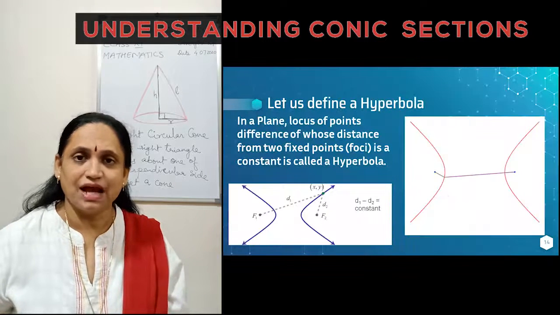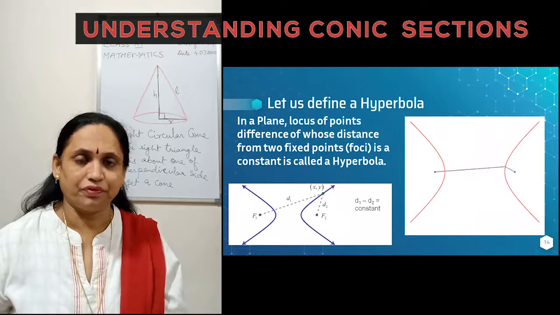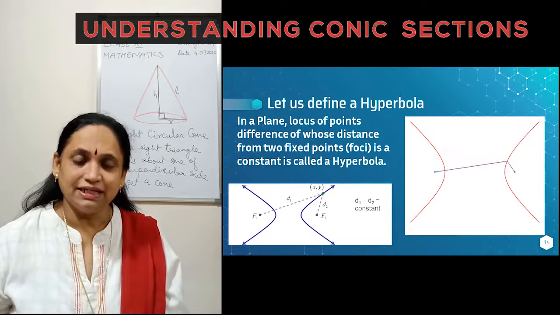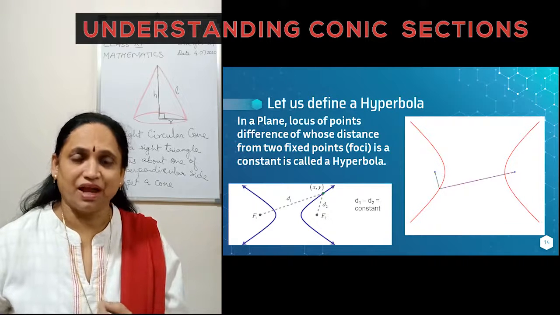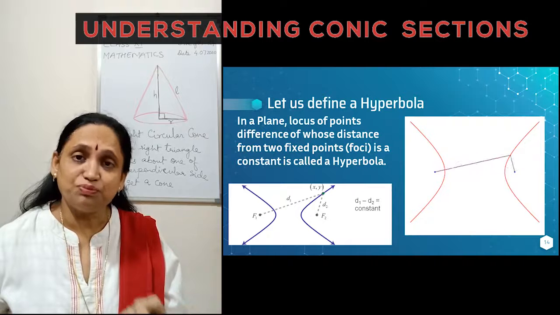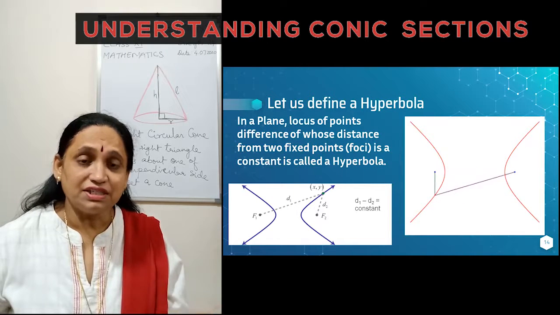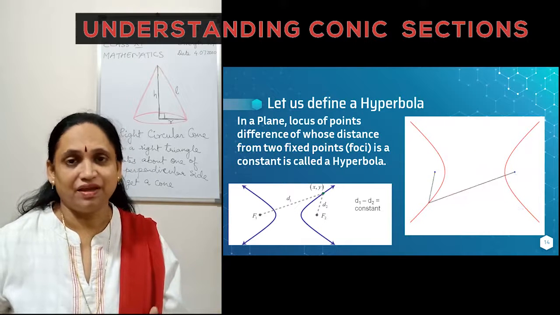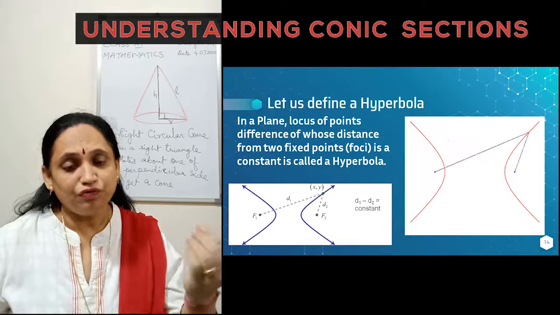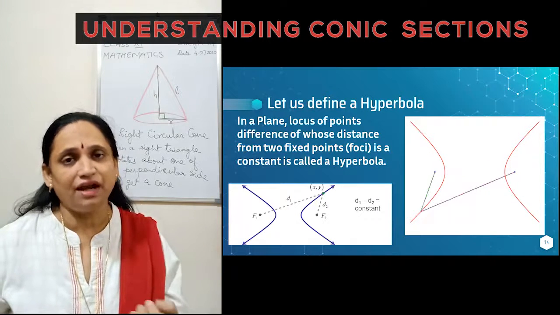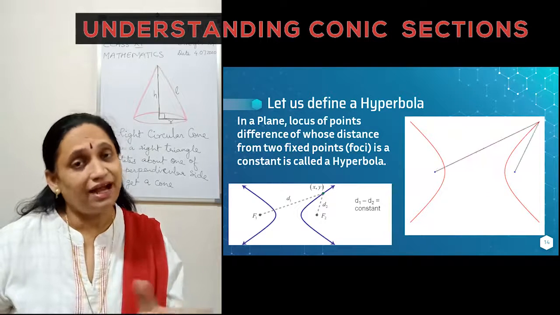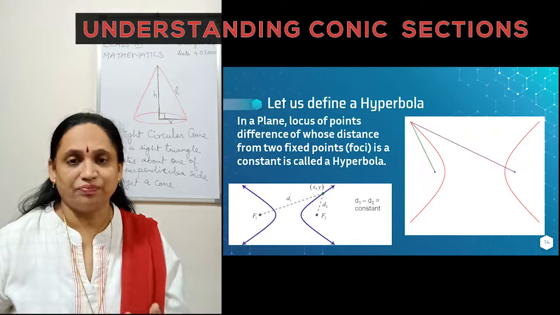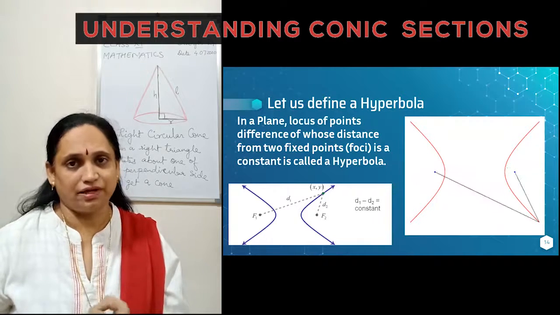The next, hyperbola. How is it formed? You can see the animated image. There are a set of points that are following a particular rule. And what is that rule? The difference between the distances of a point on this curve from the 2 fixed points is a constant. So we get all these points which are joined and we get a figure which is symmetric and disjoint. And that's why it is called a hyperbola. The 2 fixed points are called foci.